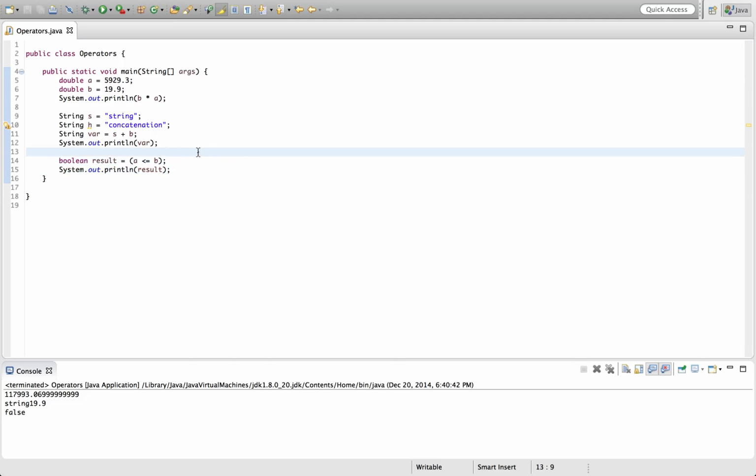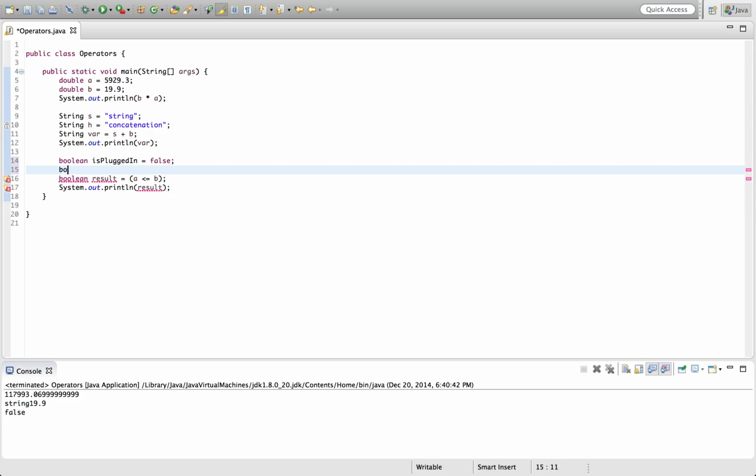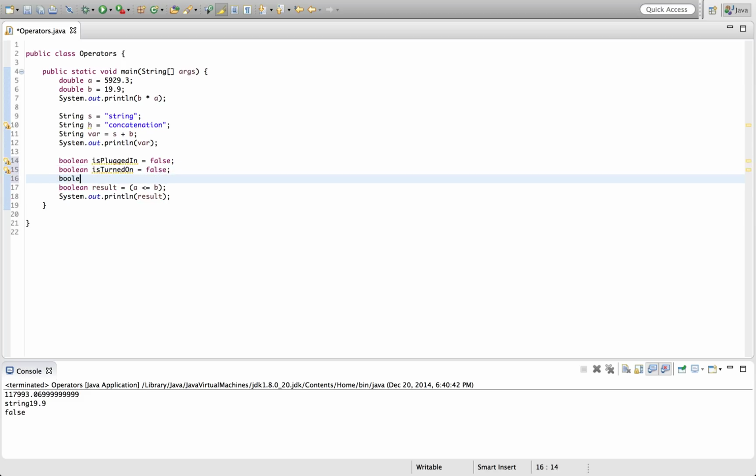So we can have a Boolean value. We have a lamp, and the lamp only works if it's plugged in and if it's turned on. So we can represent a lamp. Let's say Boolean isPluggedIn, and we'll say initially it's not plugged in. And then Boolean isTurnedOn. We'll say it is initially turned on. Okay. And then Boolean